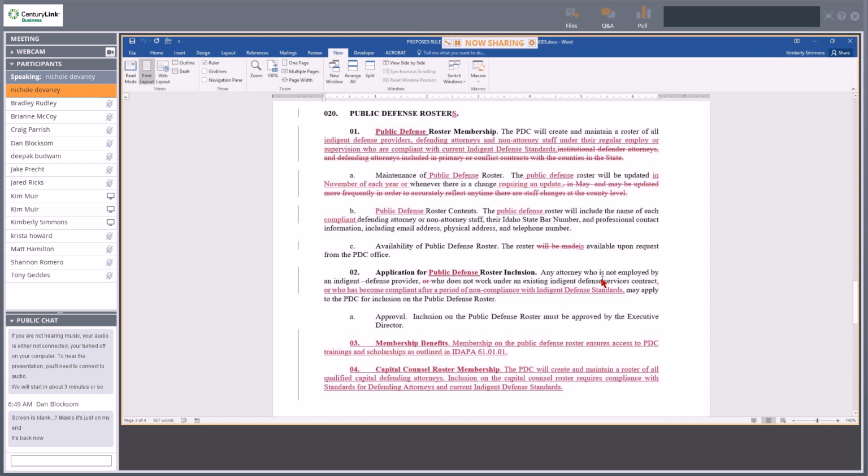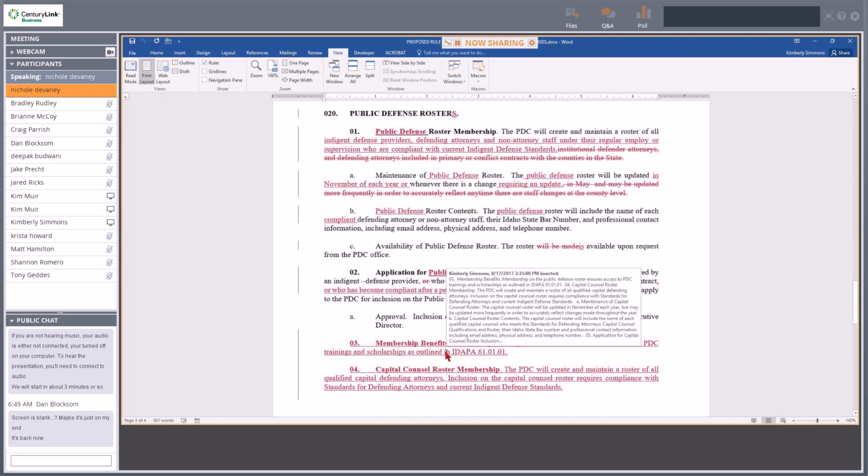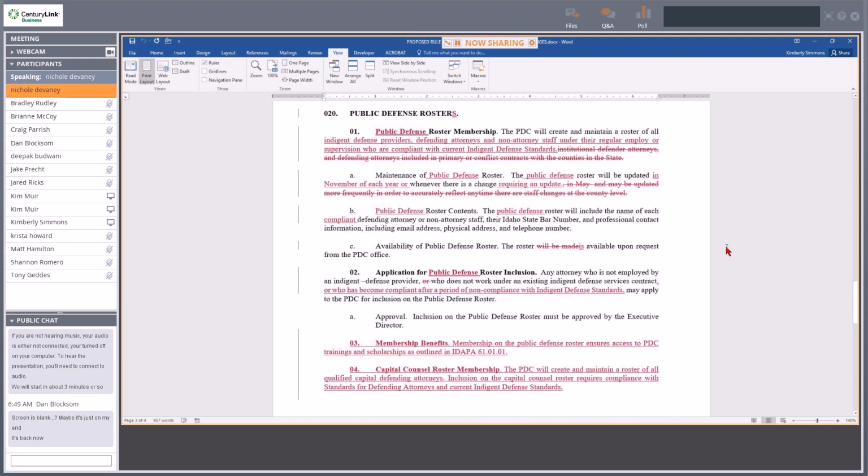Public defense roster. Because we're adding the capital counsel roster, you'll see that we've added the word public defense roster into the subsections. The difference mainly with the definition of public defense roster for the proposed rule is that we're adding the word compliance. So if you look at section 01B, the public defense roster contents will include the name of each compliant